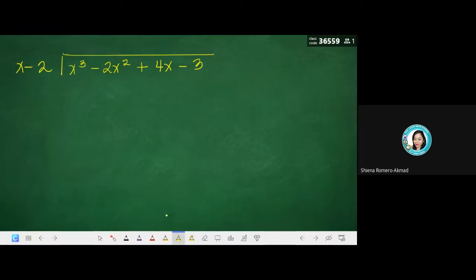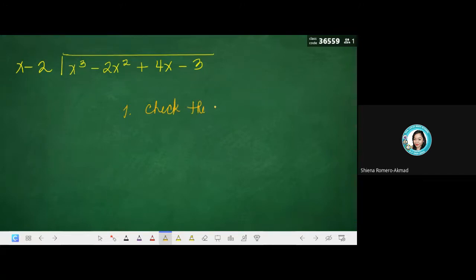Kanina tinuro ko sa inyo how to divide polynomials using long division. And of course, ngayon, long division pa rin yung gagamitin natin. Pero mas madaling paraan. I mean, mas knowledgeable na kayo. Di tulad kanina, as in wala kayong idea. So, paalala ko lang that whenever you divide polynomials, you have to first check